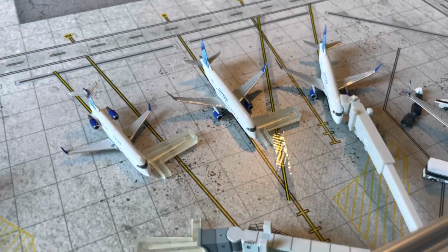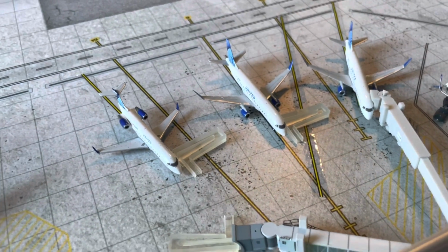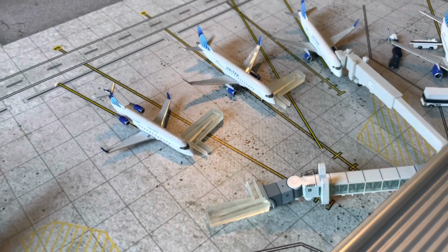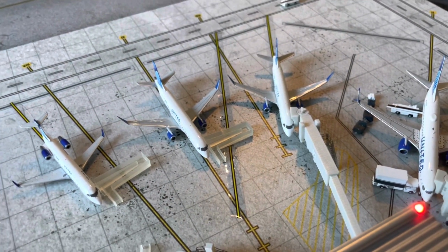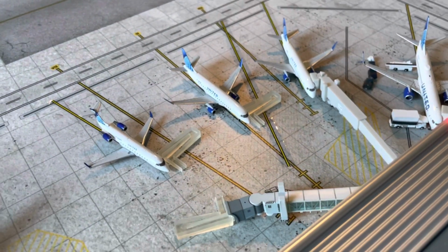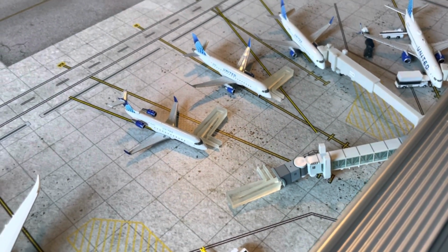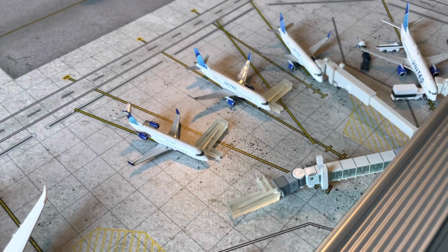So both of these aircraft have a ramp. You can see the actual door height, or how high these ramps are, is not always accurate, but for the CRJ-200, it's actually very close. The E175, I don't think it's quite tall enough, but yeah, these are 3D printed. There's a company called Shapeways that makes these. I can talk about those later in another video or just in the comments below, but that's what's going on